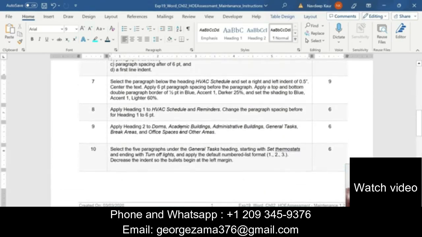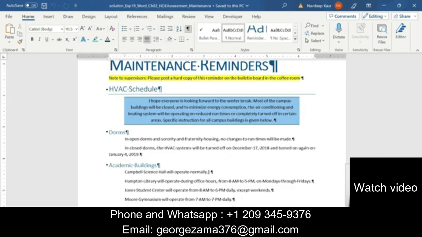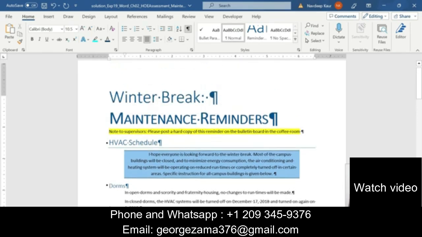As I told you that I have solved 9 complete steps, but now for the remaining steps I will just give you an overview. So this is the final form of this assignment. When you apply the remaining steps, then you will get a final form like this.